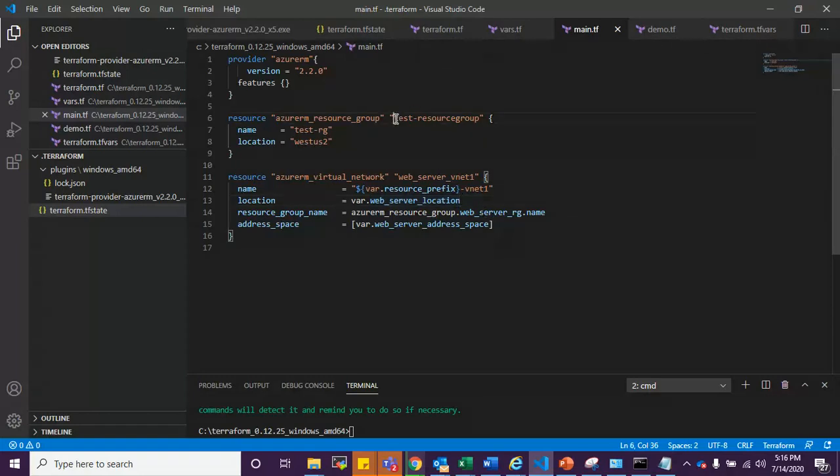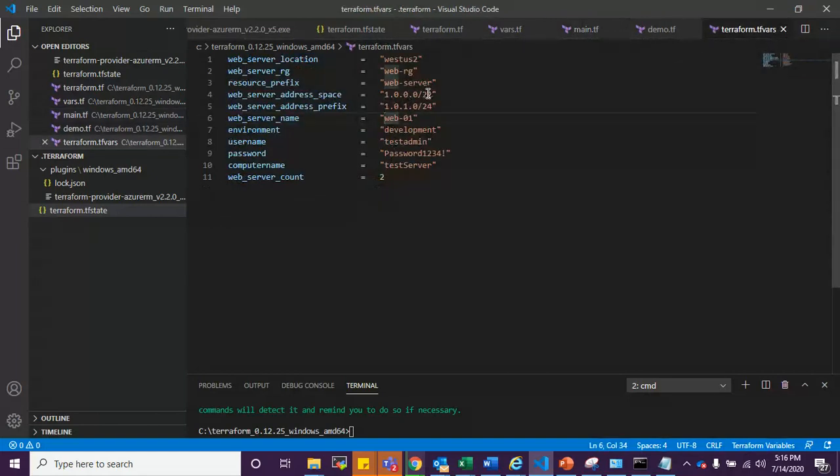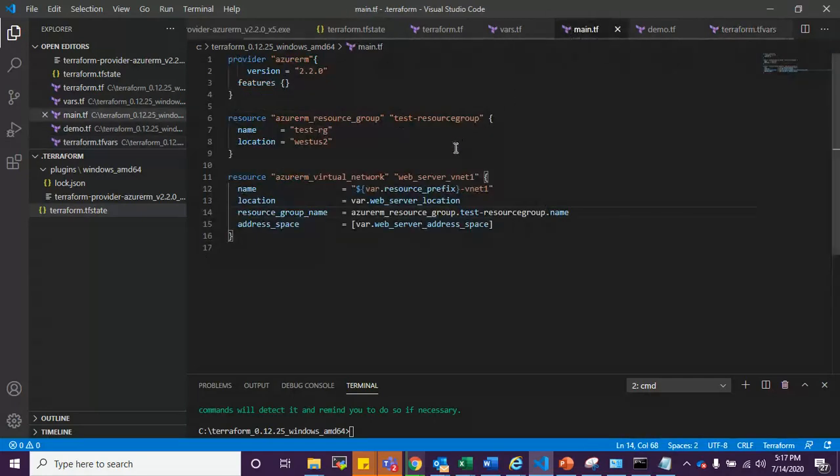And for address space, I'll change the address space over here and do it as 10. This one also has 10.